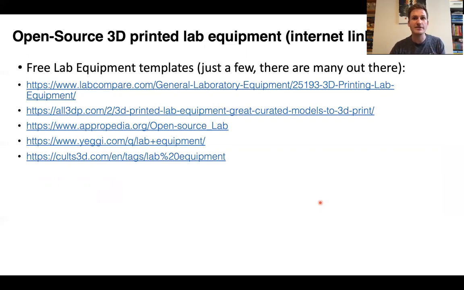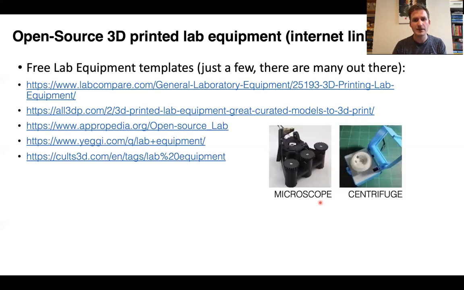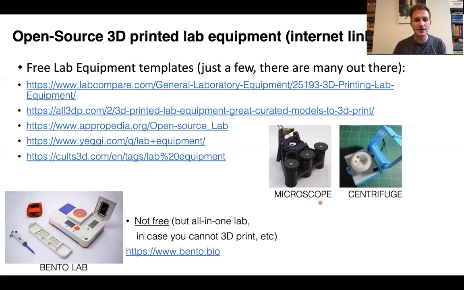And all the methods I've mentioned today, maybe apart from some of the sequencing analysis, can be accomplished on some of this equipment, like microscopes and centrifuges. And if 3D printing or trying to build it yourself is completely out of your skill set, there are ways of